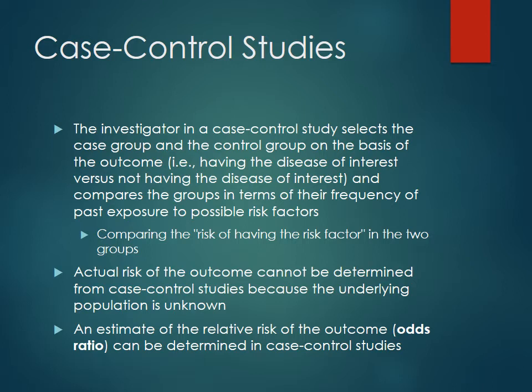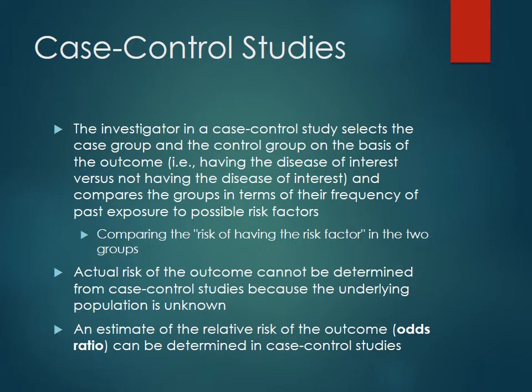So in the case control studies, this is where the investigators are going to be selecting a case group, so people who have the outcome of interest, and then you have your control group, the people who never had the outcome. And again, you're usually going to have multiple subjects as your controls to try to match to those cases. And then you look retrospectively to see what kind of risk factors they had and what was being linked to